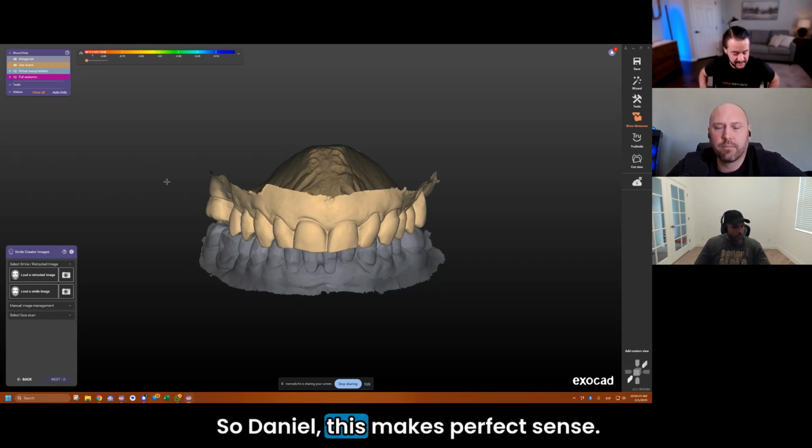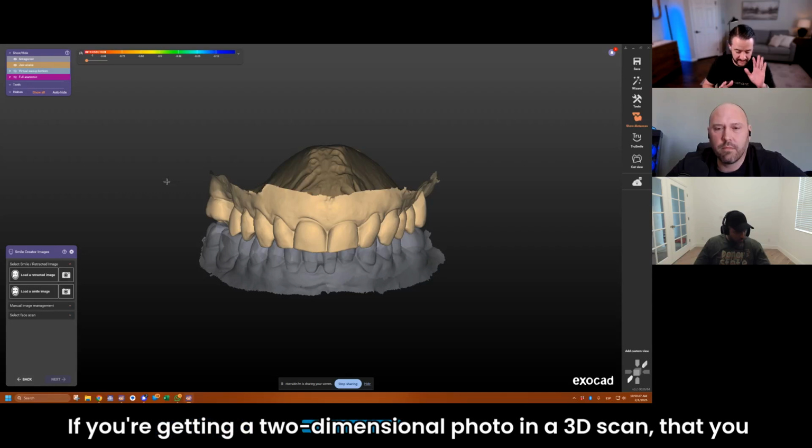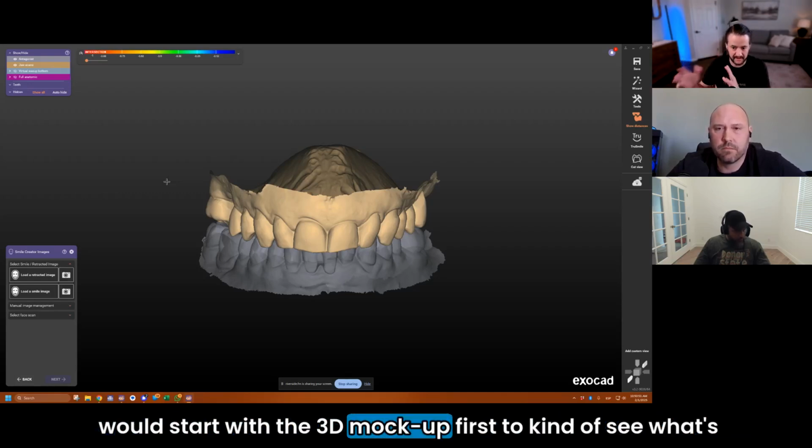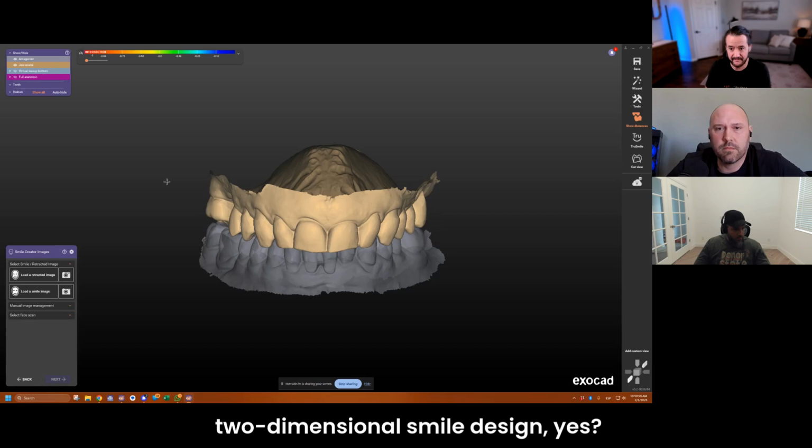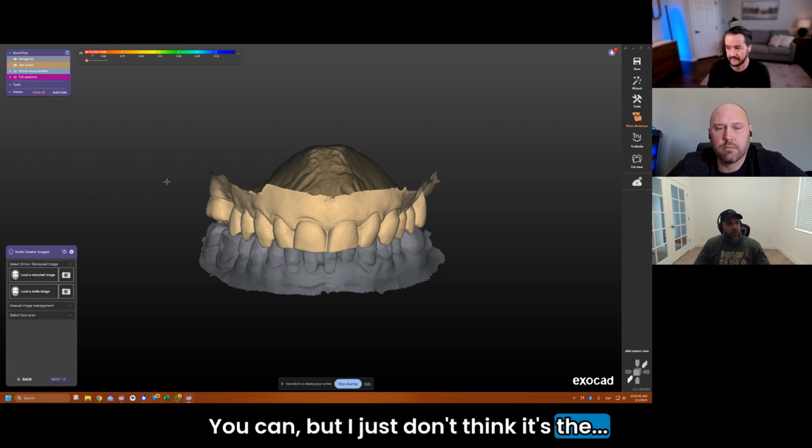So, Daniel, this makes perfect sense. If you're getting a two-dimensional photo and a 3D scan, you would start with the 3D mock-up first to see what's realistic. However, if you don't get a 3D scan, then you can still just do a two-dimensional smile design, yes? You can, but I just don't think it's the